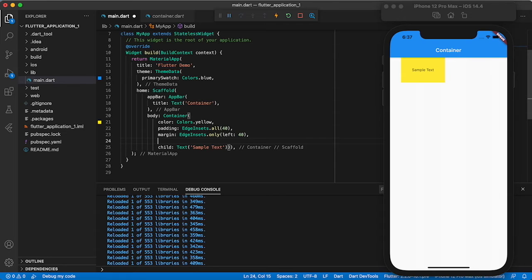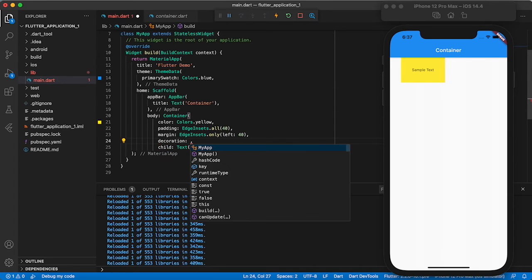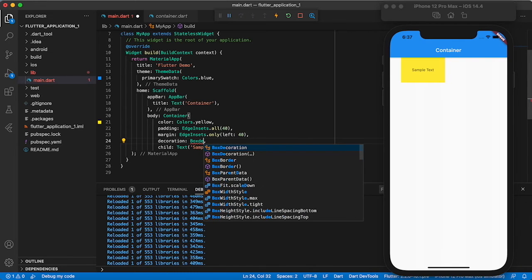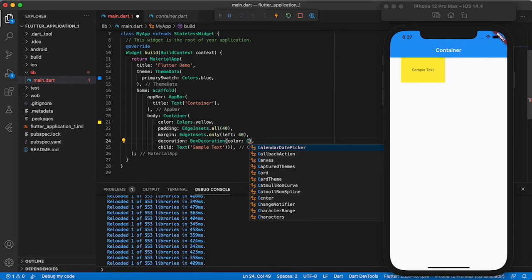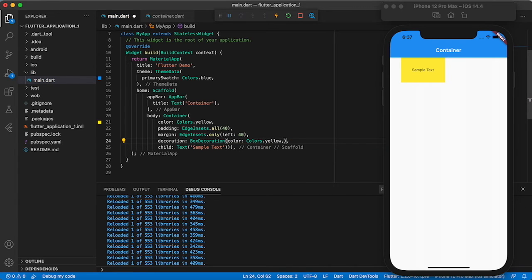We can use the decoration. Now I am using the BoxDecoration. We can provide the shape also.